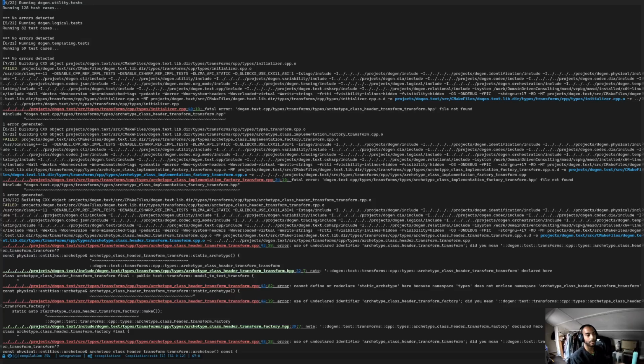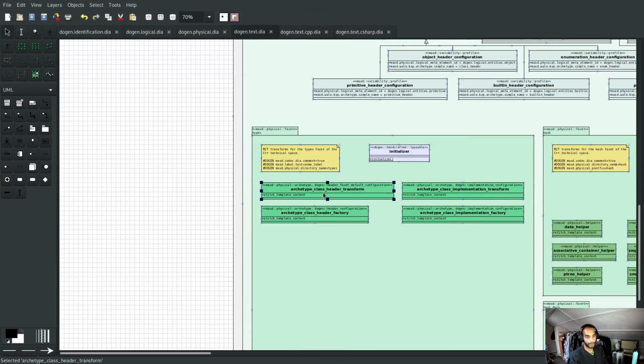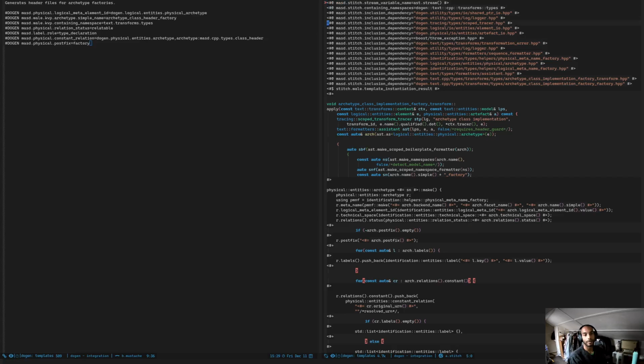So, initializer, no problems. Right, this is the one we're worried about. Archetype class implementation factory transform. So, archetype class implementation factory. I could swear we checked this guy, but clearly not. Let's have a look. And also, actually, while we're here, let's just do this the proper way, which is by saying